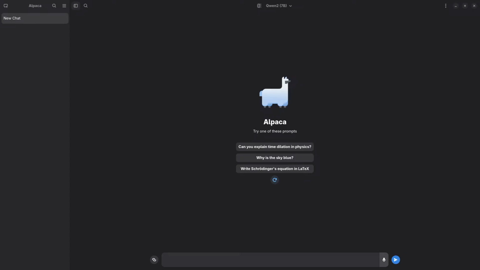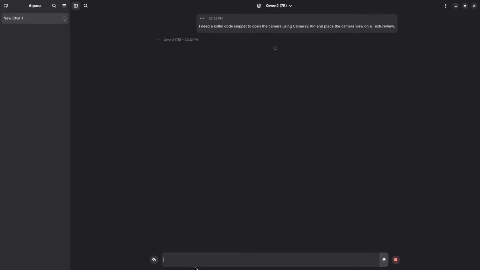So now let's have some fun here. Okay, the next request is: I need a Kotlin code snippet to open the camera using the Camera2 API and place the camera view on a TextureView. So the reason I asked this question is because